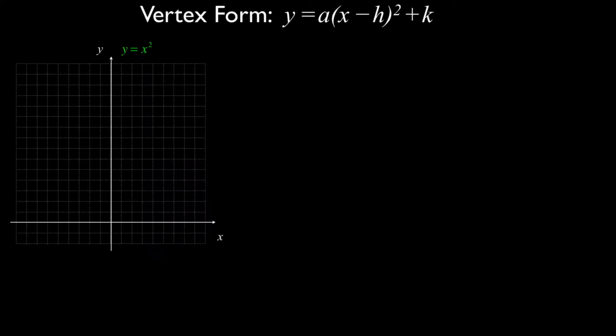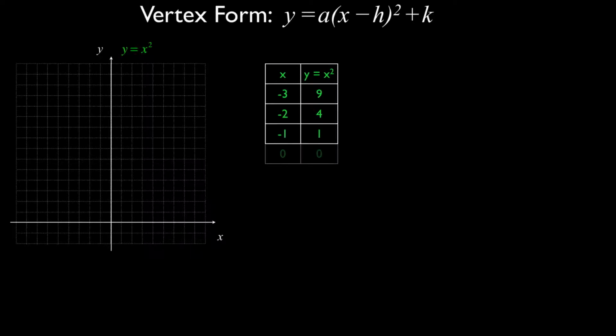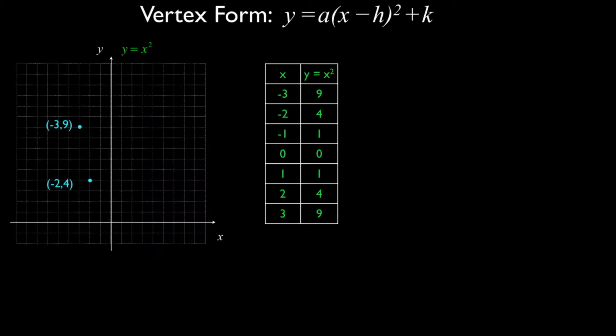And those characteristics we will use to graph other quadratic relations. So starting with a table of values for this graph, picking x values from negative 3 to positive 3, and then squaring all those values to get my y coordinates, I get the points (-3, 9), (-2, 4), (-1, 1), (0, 0), and then I go up the other side: (1, 1), (2, 4), and (3, 9). And pretty quickly,